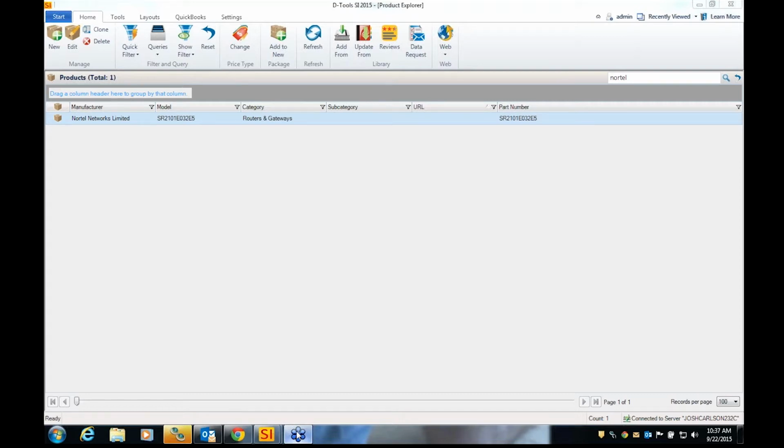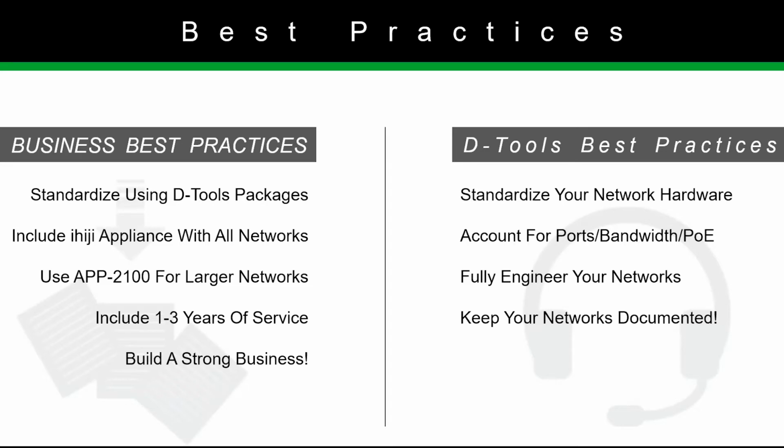So I wanted to summarize with a number of points here, which I think are really best practices. I think a lot of dealers have really latched on to this concept, especially ownership and management. If you're a service manager, an IT manager, or an owner, this is a really easy concept to grasp, remote management in Ihiji. But then a lot of times it's dictated down to the sales team and to your engineers, and it just doesn't get the attachment that you were expecting, and you've got 50 other things to worry about,